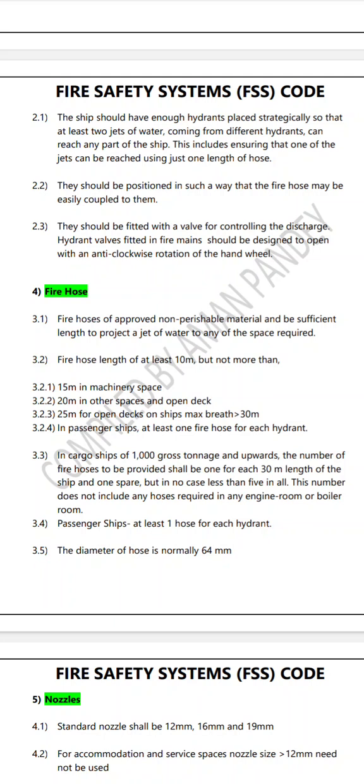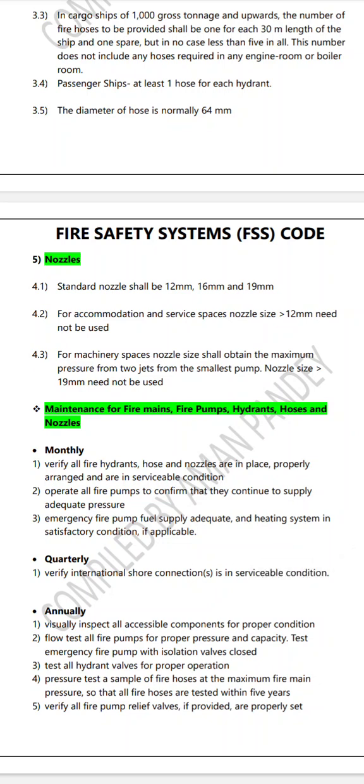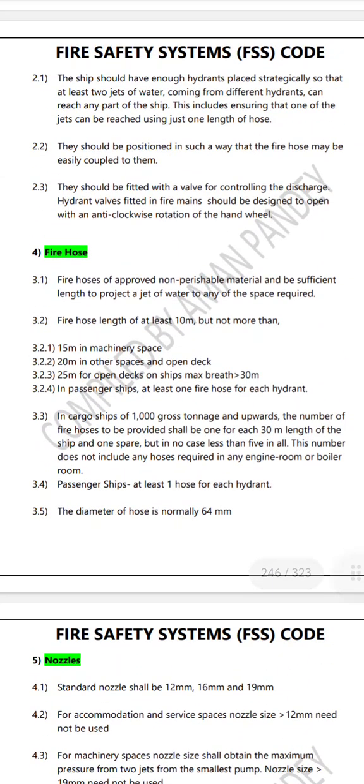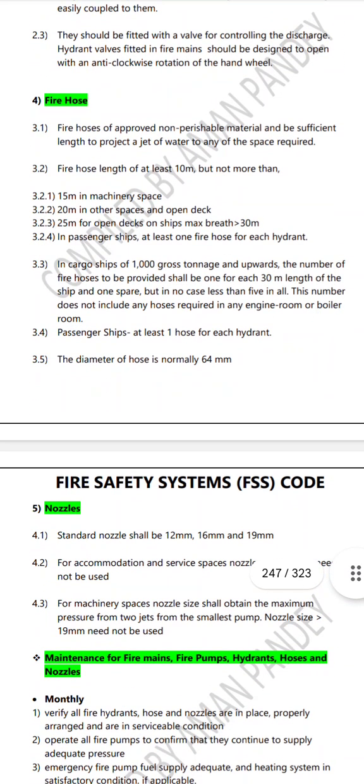They should be fitted with valves for controlling the discharge, and valves should be designed to open with an anti-clockwise rotation. फायर उसका तो ठीक है, थोड़ा बहुत तो पता है। डायमीटर ऑफ दोज इज नॉर्मली 64 mm, 64 mm का रहना चाहिए। होस नोजल का कितना, 12, 16, 19, 12 रह गया।